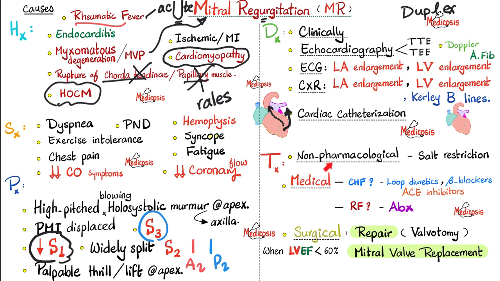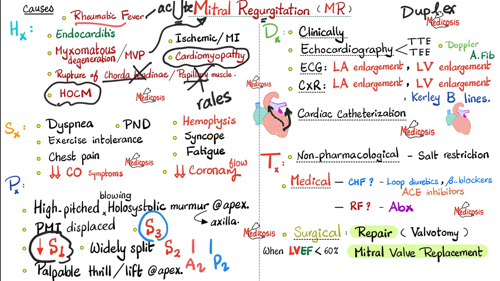Speaking of treatment, non-pharmacological management includes restriction of salt and recommend a proper diet and exercise. Medical. If we have signs of congestive heart failure, give loop diuretics to decrease the preload, beta blockers to decrease oxygen demand, ACE inhibitors to decrease the afterload. If there is rheumatic fever, or if we are suspicious or afraid that rheumatic fever is imminent, antibiotics prophylaxis is